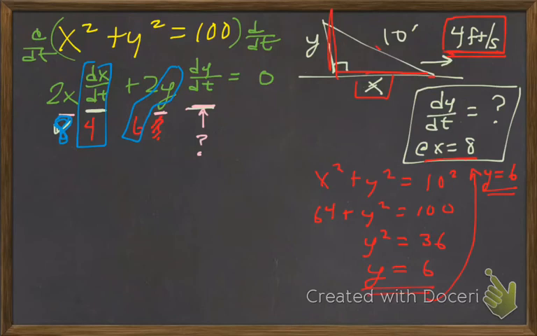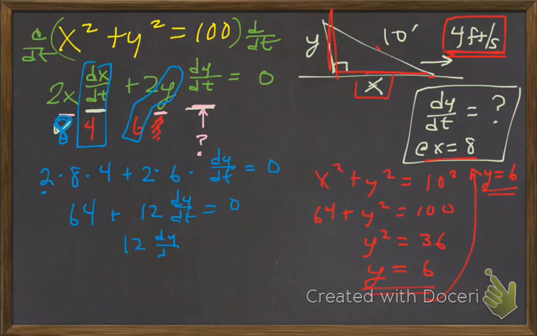So plug everything in. You have 2 times 8 times 4. Right? This 2 came from our equation. The 8 and the 4 we just plugged in. Plus 2 times y, which is through geometry we found to be 6, times dy dt is equal to 0, because the slope of 100 is 0. So this will give you 2 times 4 is 8, times 8 is 64, plus 2 times 6 is 12, dy dt equals 0. Subtract 64, 12 dy dt is equal to negative 64, divide by 12,